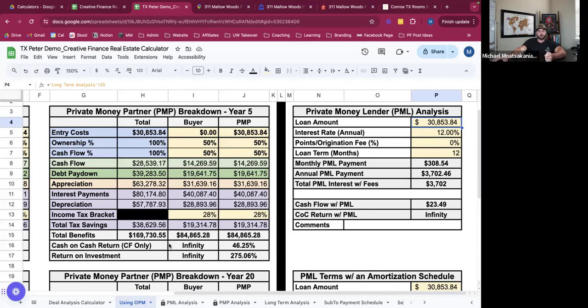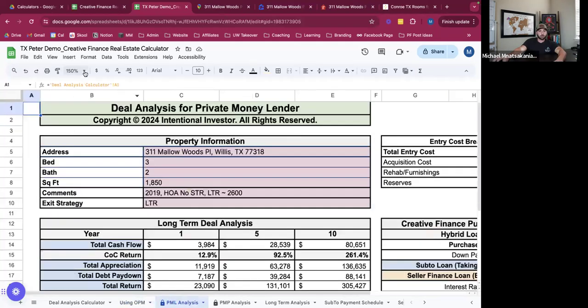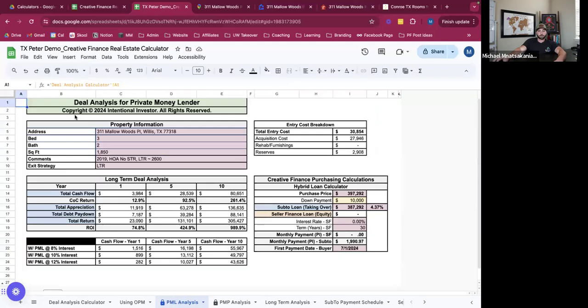You want to leverage other people's money, but you also want to utilize your money to lend to others, because once you run out of money, cool, your money's at work generating you returns and is diversified away from your portfolio. That's nice. So use your money to lend to others, use other people's money to buy your real estate. So when you're doing that, depending on if you're going to use a private money lender or a private money partner, I've built out these little dashboards to showcase